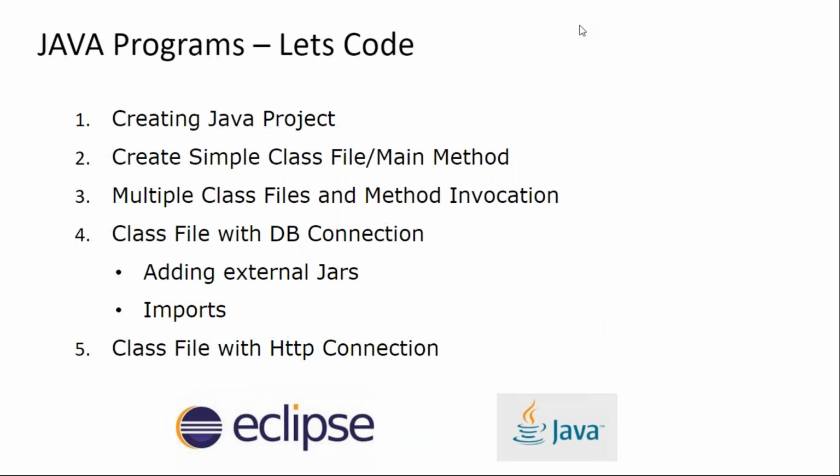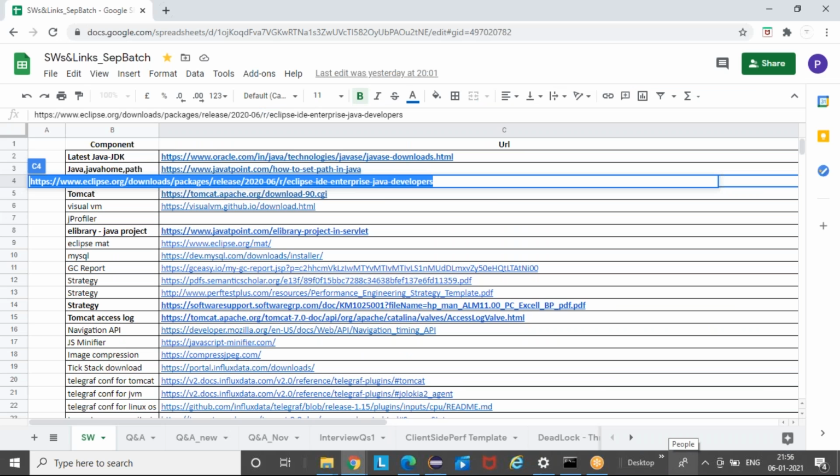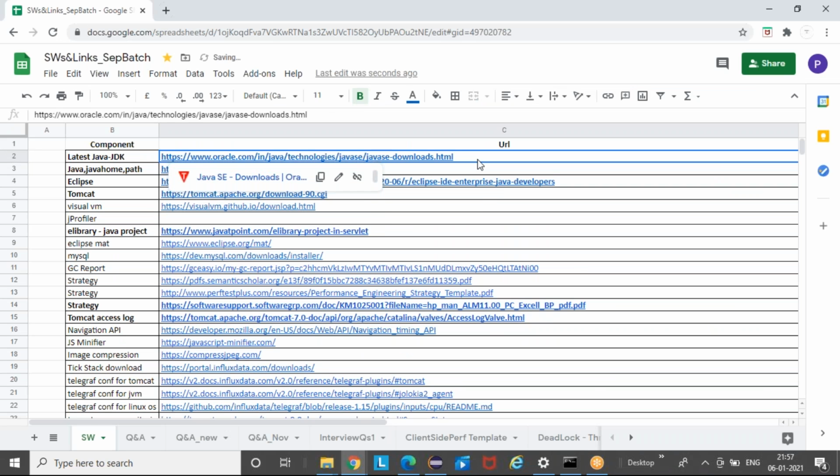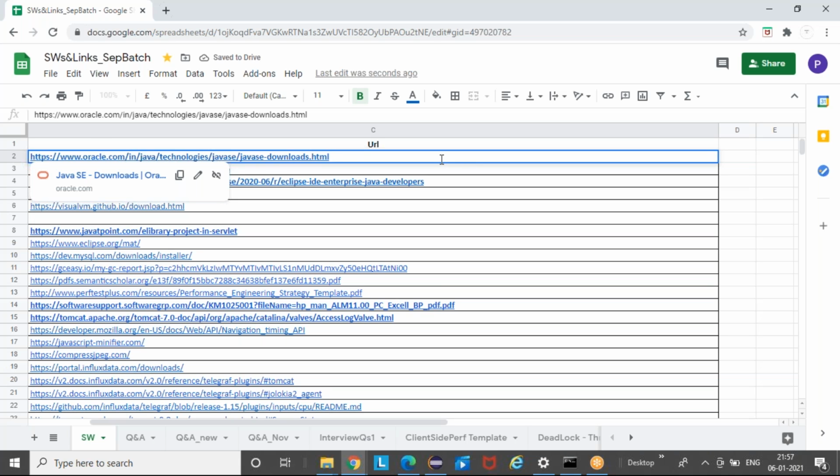But the thing I'm trying to convey here is that before you come to the next class, at least install Java and Eclipse. Setting up your Java environment variables, we will do in the session itself tomorrow.